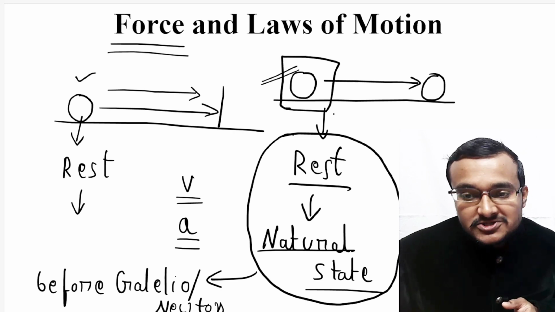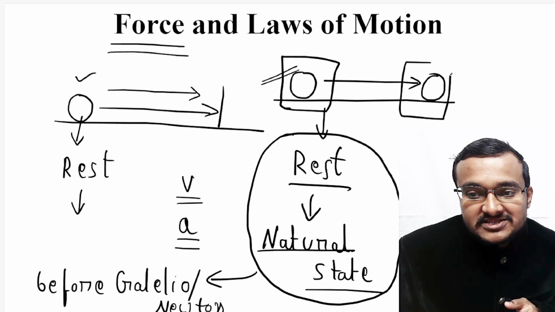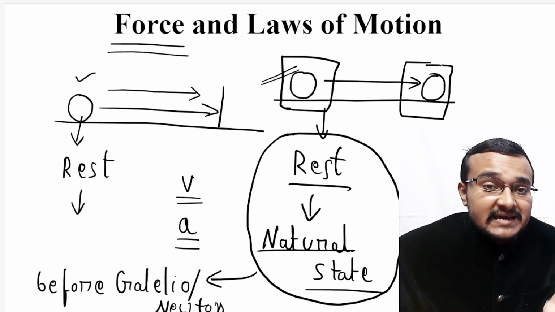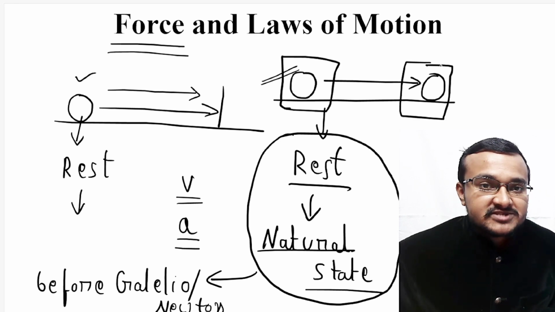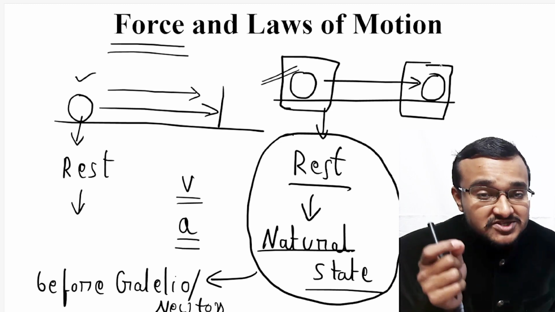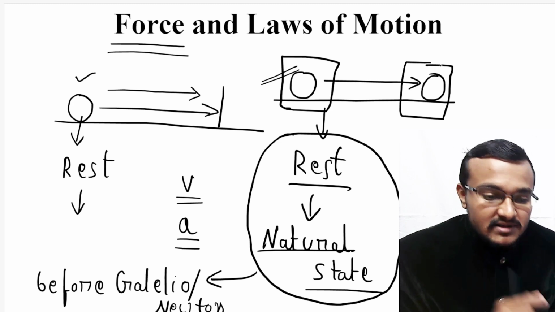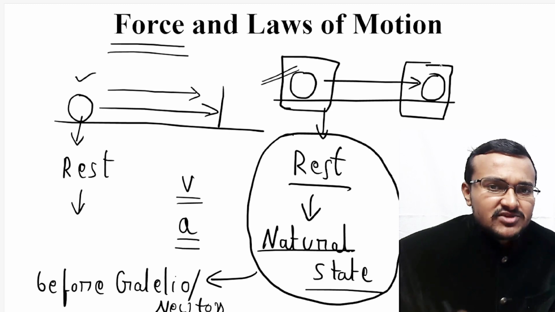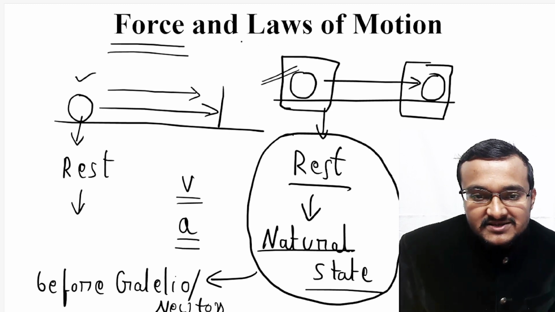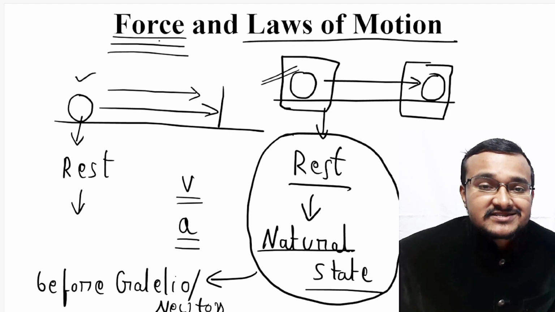Again, it came back to its original state, that was the rest state. So rest became the natural state of this particular object, and this was the idea which was there among people before Galileo and Newton. So now in this particular chapter we will be discussing laws of motion and also will be discussing force,